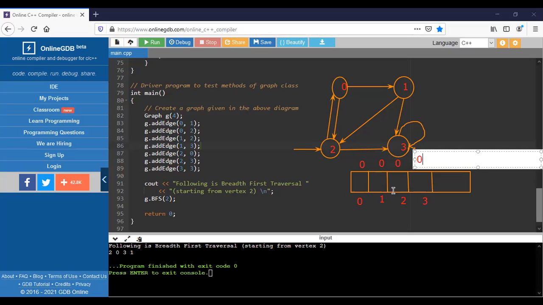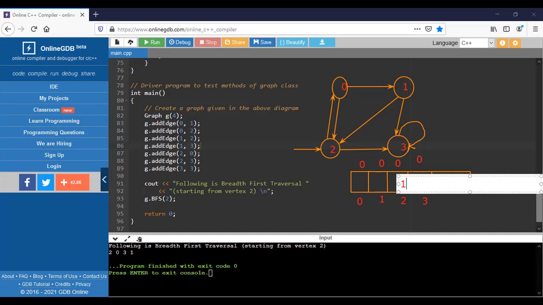Okay, first I need to enqueue this one, from where I am starting, the 2. So visit the vertex 2. Since it is the starting node and we know it is unvisited, mark it as a visited one, and go for the adjacent nodes of that one. How many adjacent nodes are there?